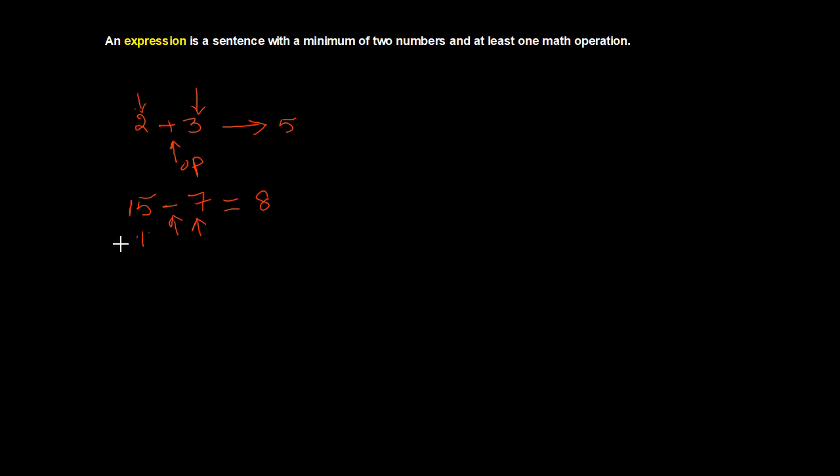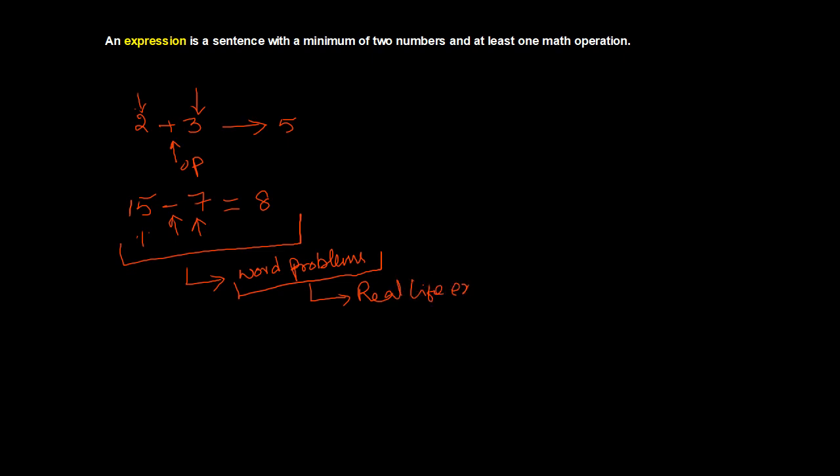But this is what you learned when you started off in your first standard, second standard. Then after that, what happened? You encountered word problems. You always thought word problems are just word problems. But if you look at word problems, they are all real life examples. So what are real life examples? Those are the places where we apply these rules, the real life applications. So let's take an example.